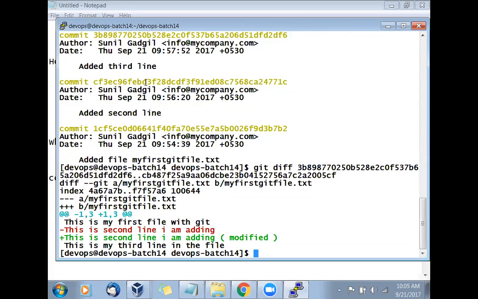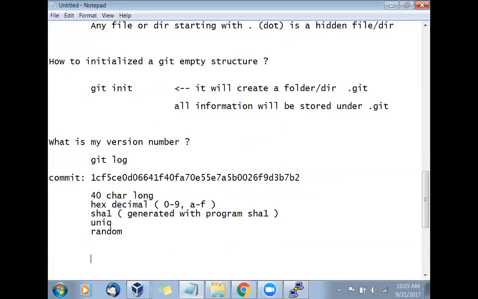Okay, now more about the number. We have the SHA number. Now you don't have to use all the 40 characters. If it is a small project, you can use the first 5 to 7 characters. If it is a small project, I will go with this number. I want to use the first 5 or 7 characters. Good.